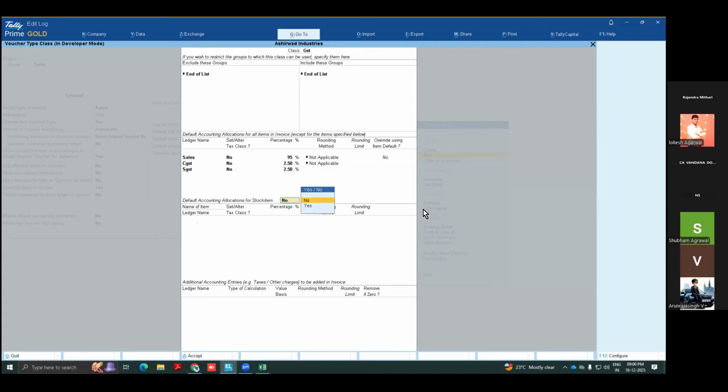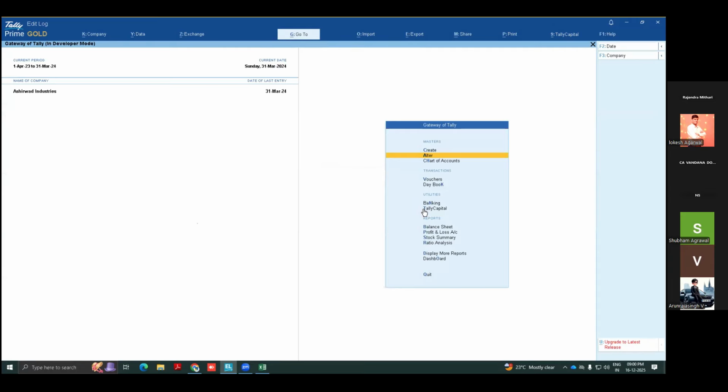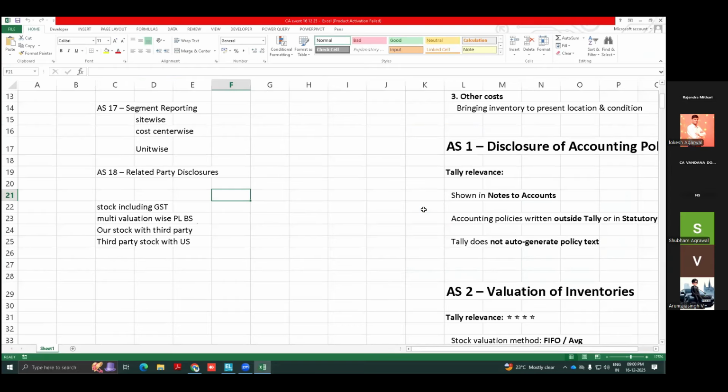Please understand this is not TDL, it is by default in Tally. That question is also coming in the valuation task, so I just added this. So now we can move on to questions. It's already 1 hour and above. I want to ask some questions. If anyone has doubts, then we can take them.